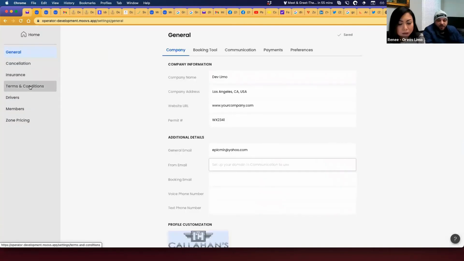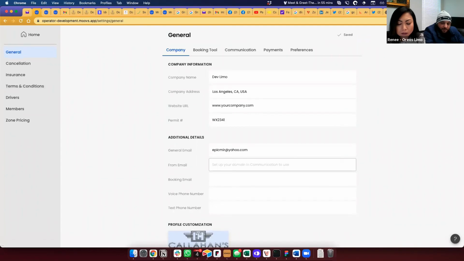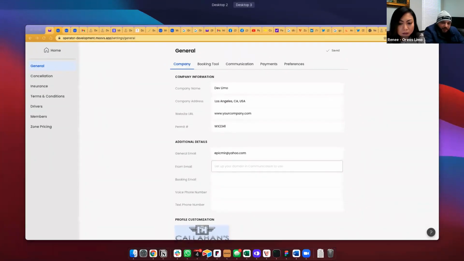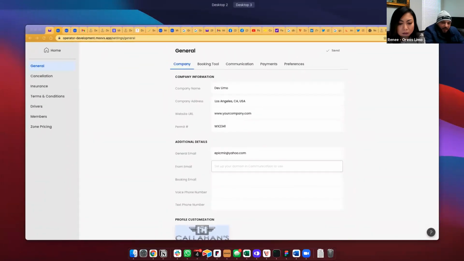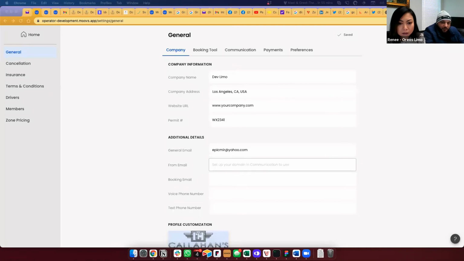We have some issues right now through Moves. We try to charge the customers on the credit card, and for some reason, when we put the CVC number, it won't save it, and we try to put the CVC back again, and it won't let us. How are we gonna do that?